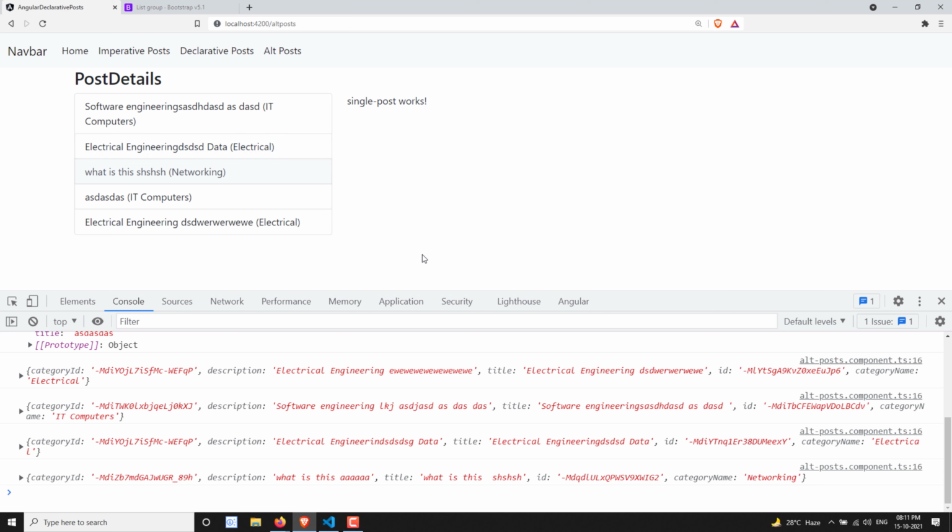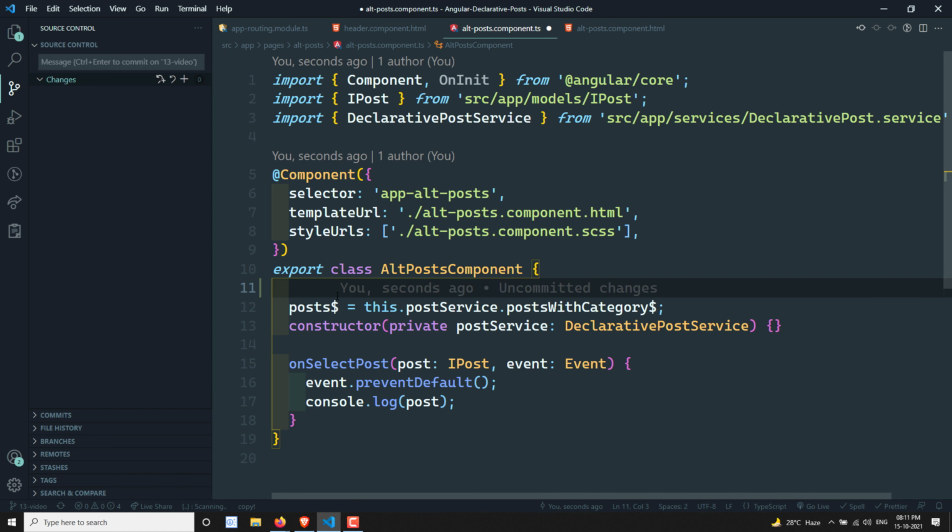Here we have another component, and that component may need to use that selected post. Whatever post the user selects, that component also needs to make use of that selected post. Now whenever I click on this post, if I create an action stream here, that action stream will be restricted to only this component.